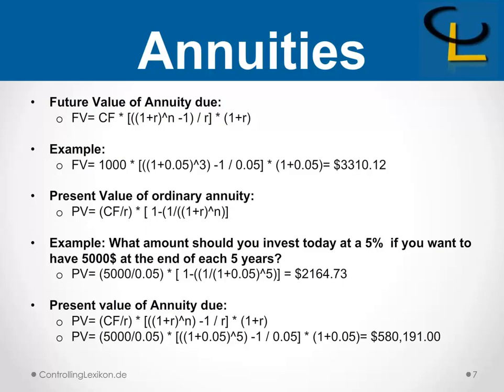The third one is present value of ordinary annuity, and the formula is present value equals cash flow divided by R multiplied by 1 minus, between brackets, 1 divided by 1 plus R to the power of n. An example: what amount should you invest today at 5% if you want to have $5,000 at the end of each year for 5 years? So we apply these numbers to the formula. Present value equals 5,000 divided by 5% multiplied by 1 minus 1 divided by 1 plus 5% to the power of 5, because it's 5 years,